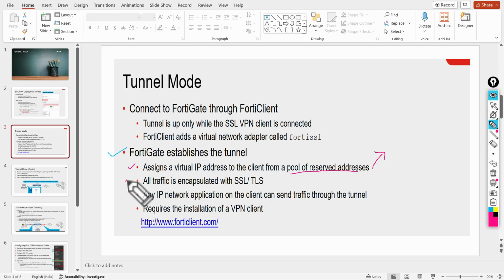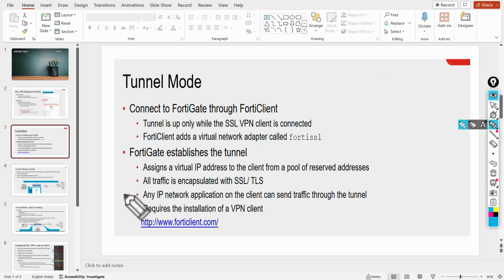Also, all traffic is encapsulated with SSL/TLS. So if connections are initiated from FortiClient to your FortiGate firewall, they are SSL protected, meaning no one can see or alter the data. Those communications are confidential and their integrity is assured.